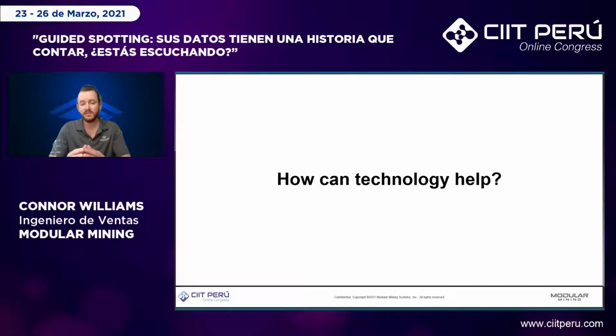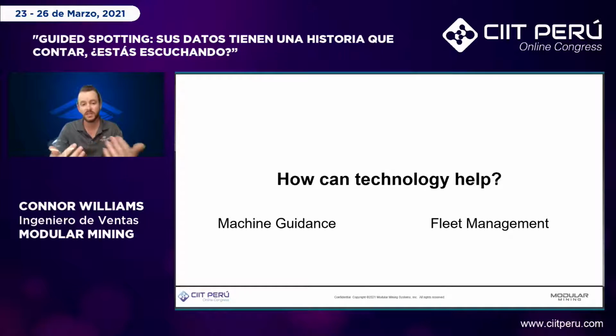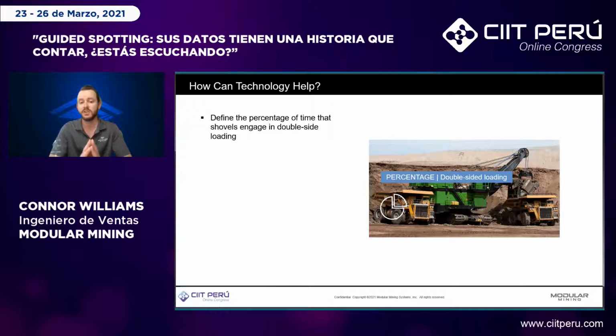A new process has been developed that meshes high-precision GNSS data from a mine's machine guidance system with distinct variables from the site's fleet management system. Correlation of time, position, and load status help us to determine if a shovel is double-side loading or single-side loading. And after that configuration is identified, the operation is able to define the percentage of time the shovels engage in